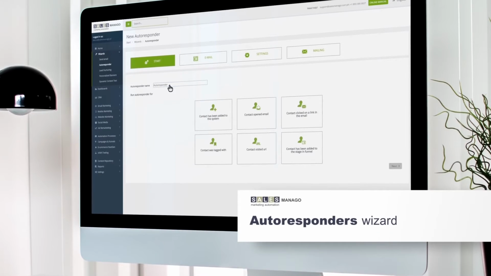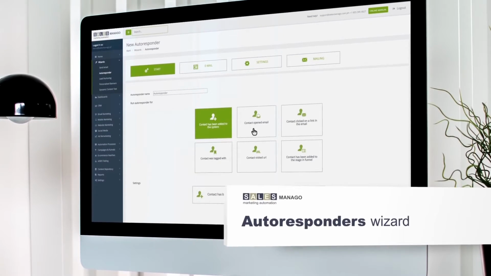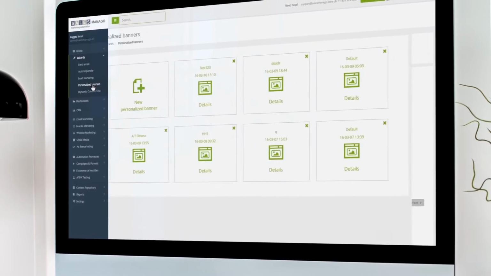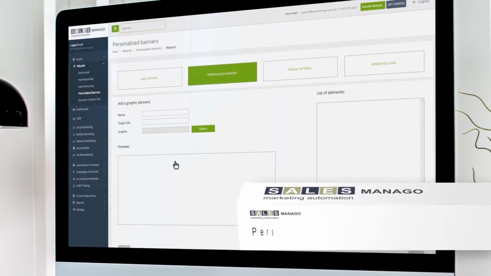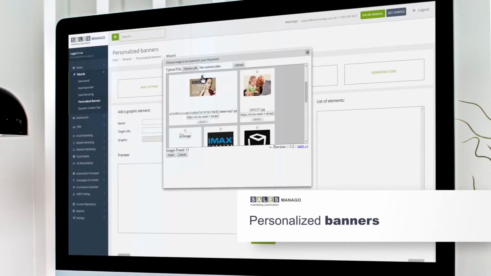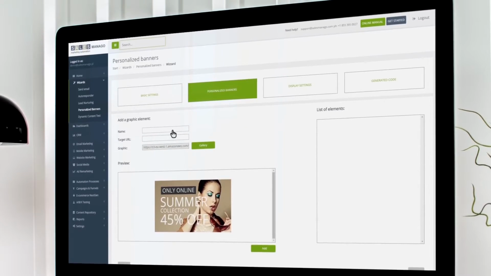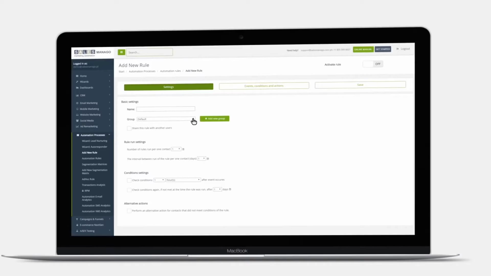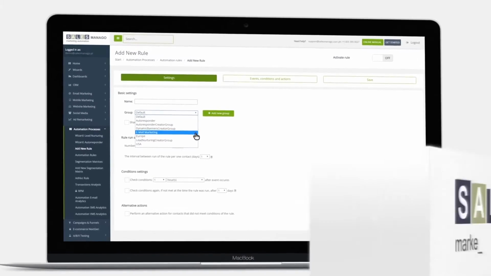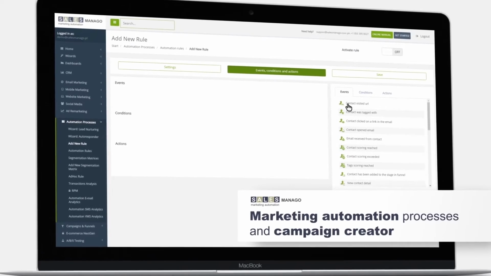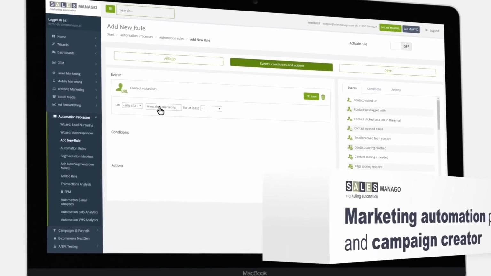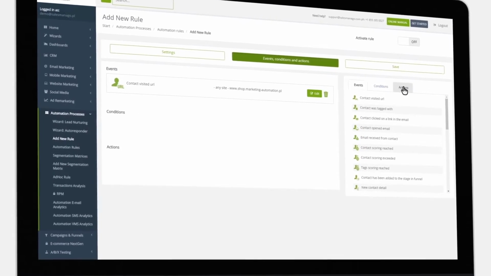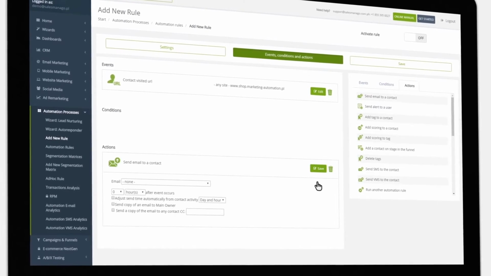Autoresponders to send automatic emails after any kind of event you choose. Dynamic personalized banners to your website that make your website look as if they were prepared individually for each of your customers. Thanks to our marketing automation processes and campaign creator, you can actually set up any kind of automatic process you imagine. No limits here.